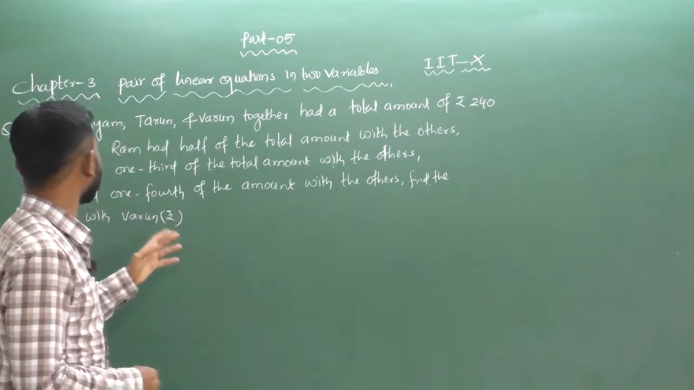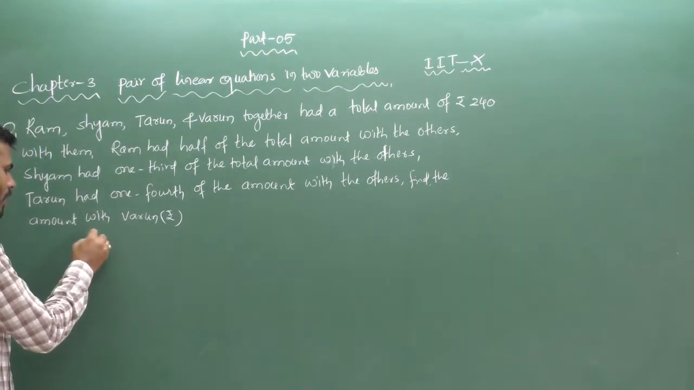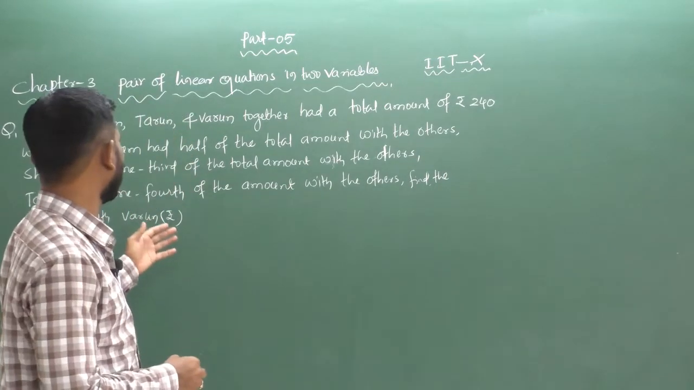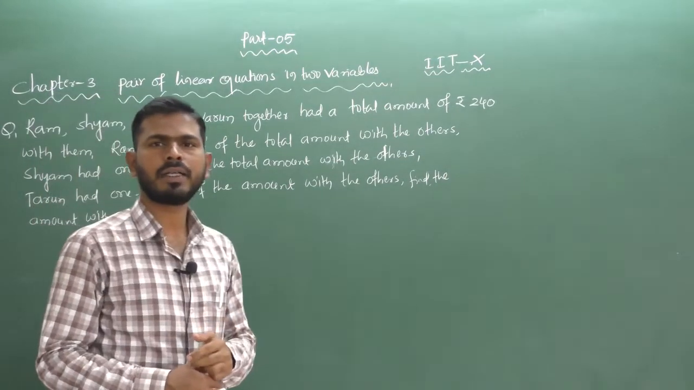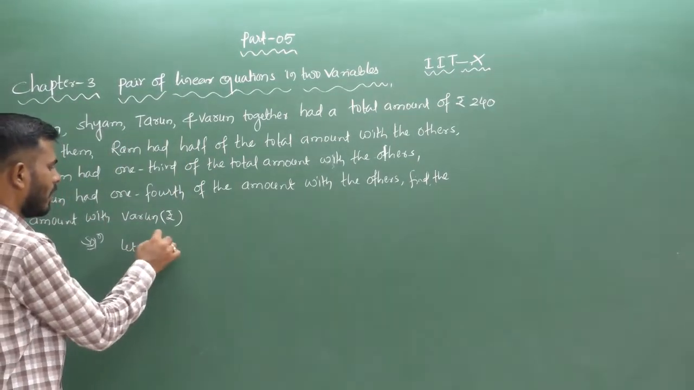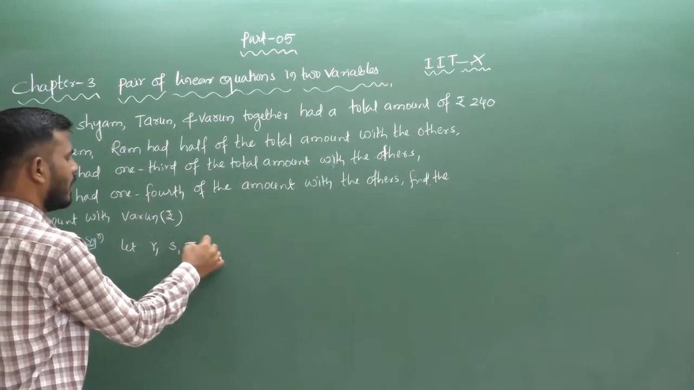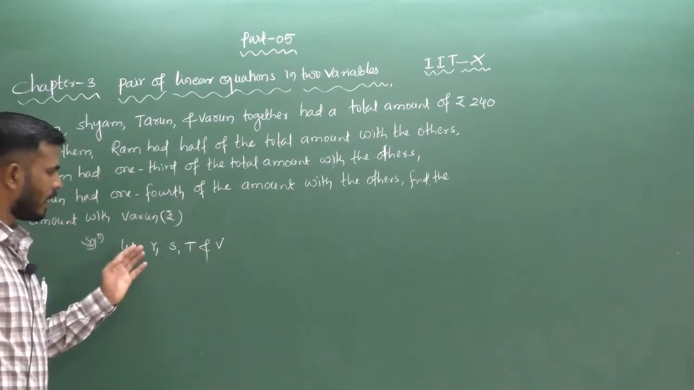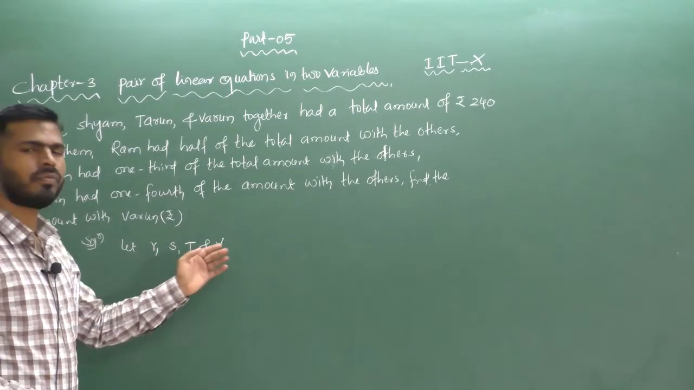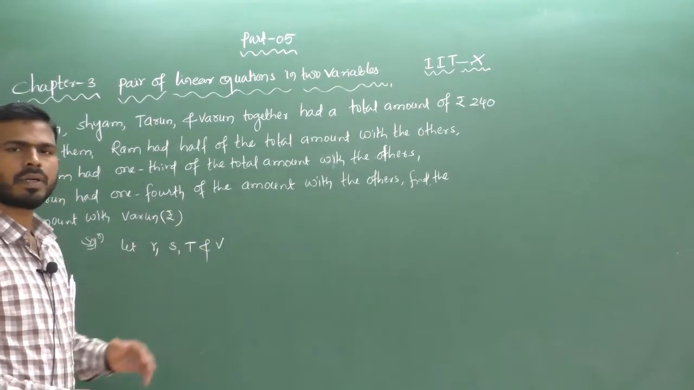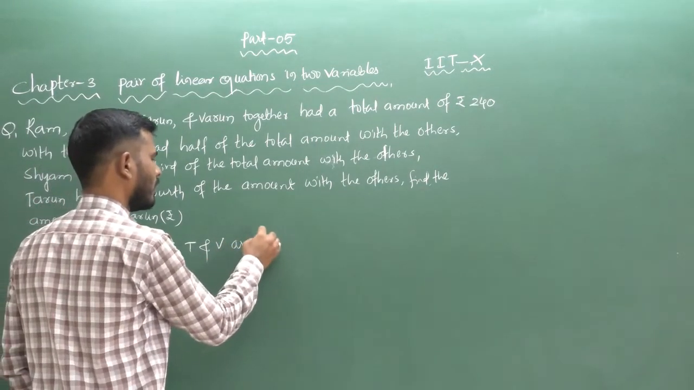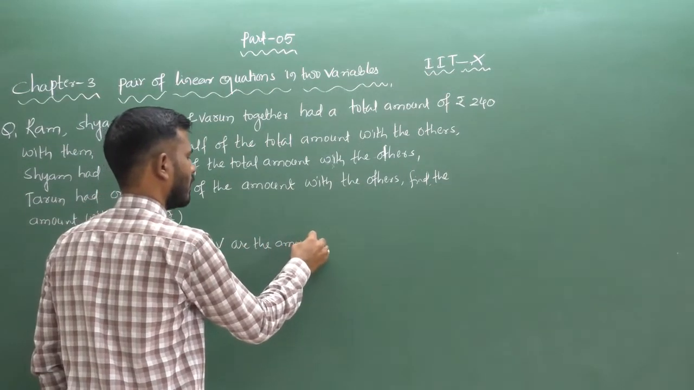First, according to the situation, you have to make a consideration. You don't know how much amount Ram, Shyam, Tarun and Varun had. So let us consider R, S, T and V. These are the names Ram, Shyam, Tarun, Varun. Let R, S, T and V be the amounts